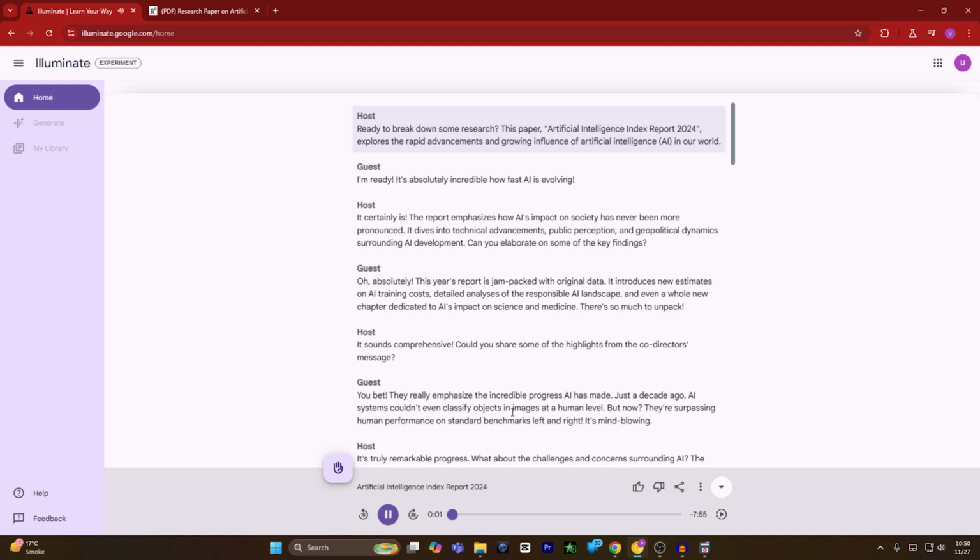Ready to break down some research? This paper, Artificial Intelligence Index Report 2024, explores the rapid